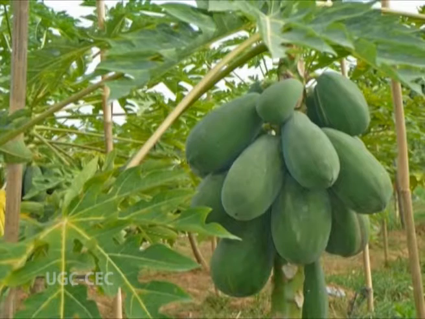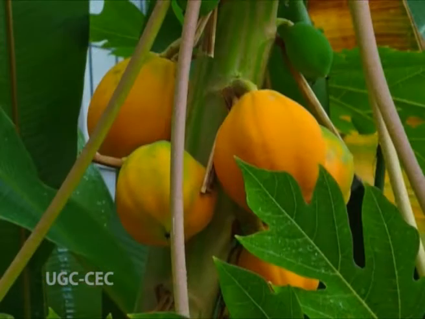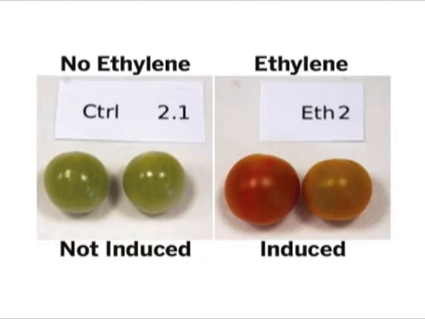When a fruit is ready to eat, it is a ripened fruit. Otherwise, it is a raw fruit. A raw papaya is green and not sweet, but a ripened papaya is yellow and sweet. Fruits change their color when they ripen. They degrade green chlorophyll and synthesize yellow carotenoids or red anthocyanins. A papaya fruit turns from green to yellow, but a tomato fruit turns from green to red.